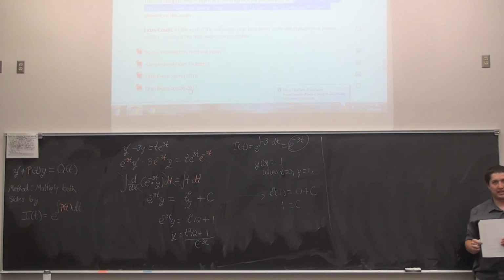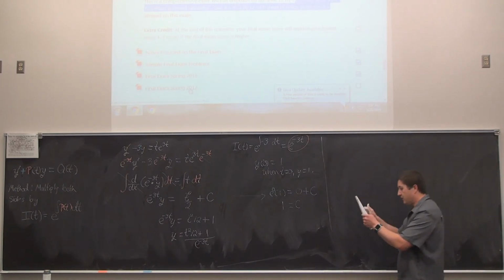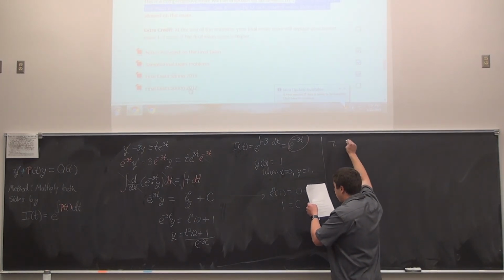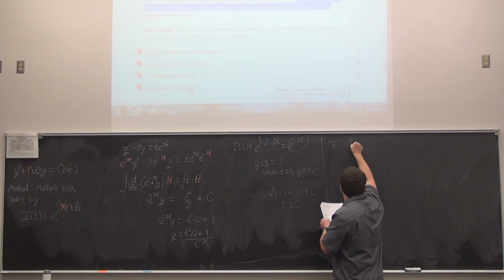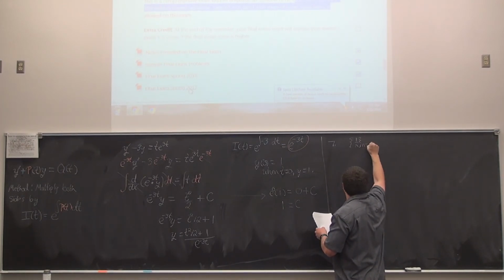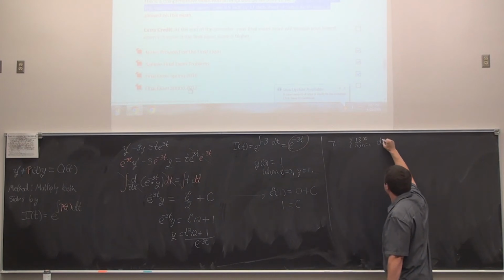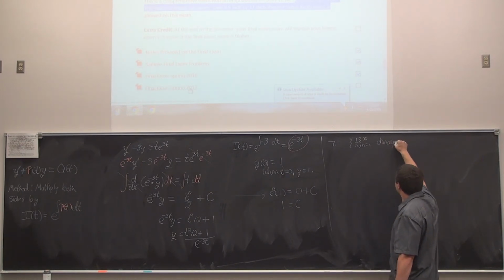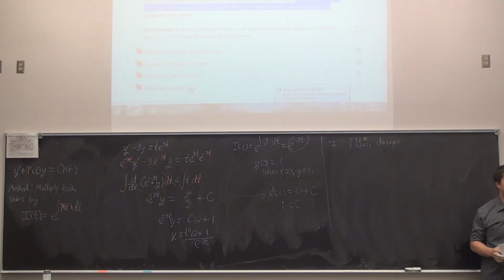Probably not a lot of questions like these. I might just add a single one, much like on this exam. Let's go from the start to finish. Problem 7 says the sequence 1 over n, as n goes from 1 to infinity, diverges. Would this one be true or false? Some say false. Any for true? Some for true.